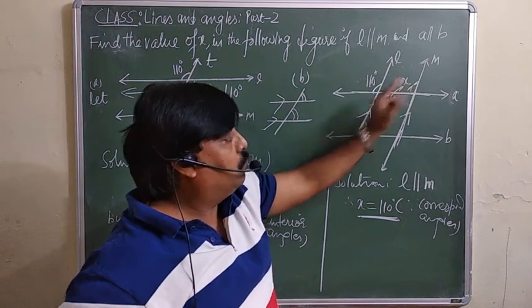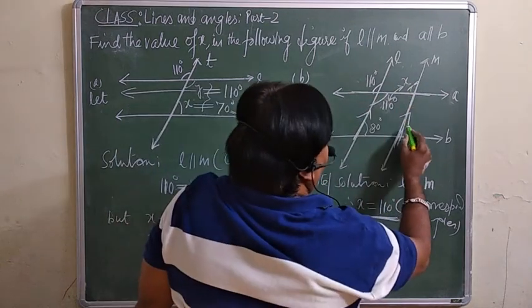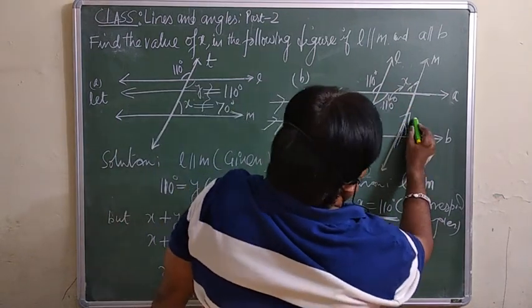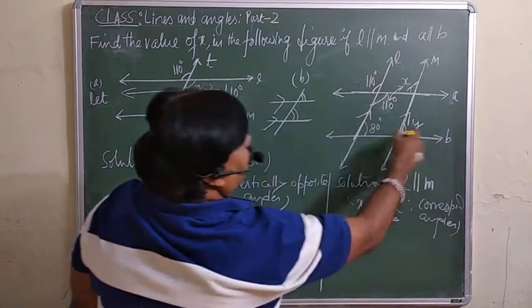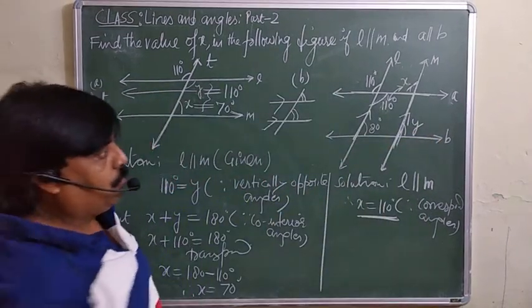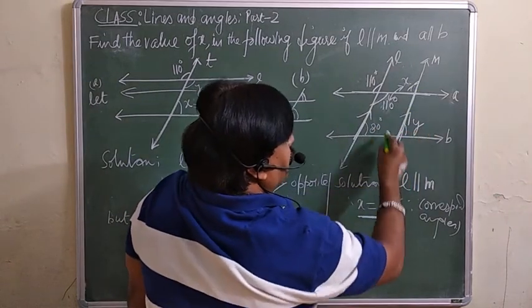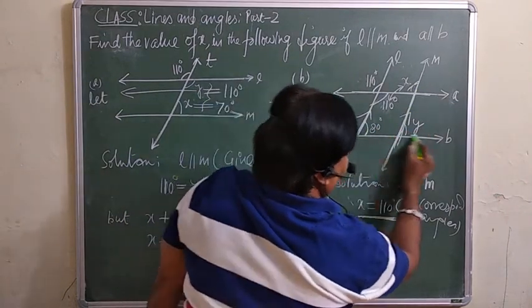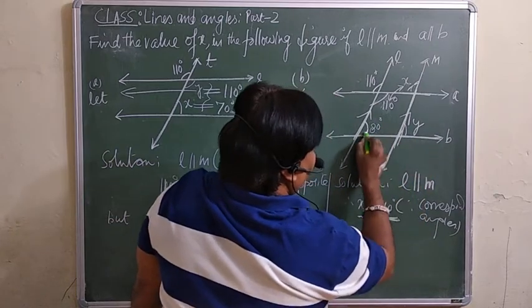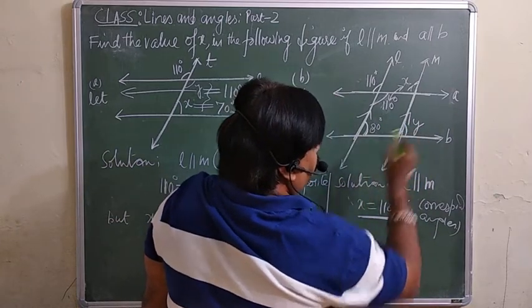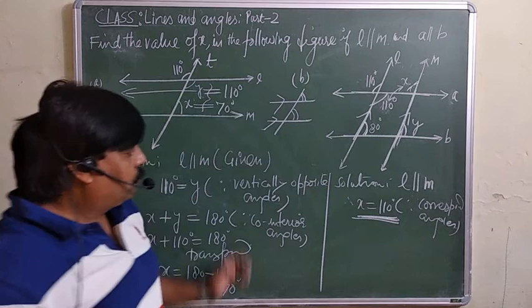Corresponding angles are always equal. Suppose here this is given, suppose we can say this is y. Suppose you want to find out the value of y also. So here, this line is parallel to this one. So this angle, and this is working as a transversal. So whatever the value of this angle will be equal to this one. So directly you can do. So have a look.